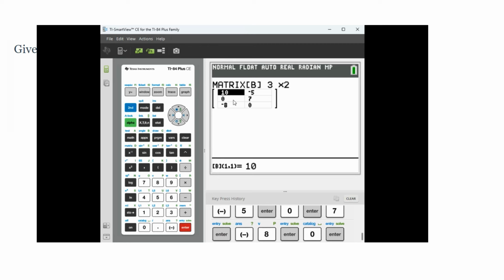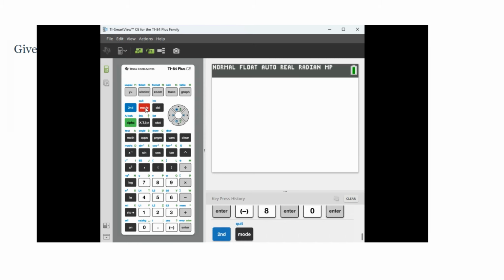Very important you check your answers, like I told you yesterday. If you put in the wrong data, of course, you're going to get the wrong answers. So we go here. And just like the formula said, 3 times the A matrix. You can use the multiplication sign, but it's unnecessary. So I'm going to go 3,